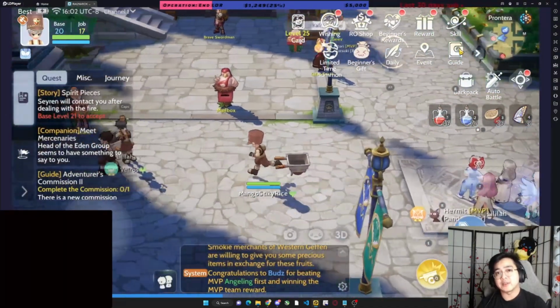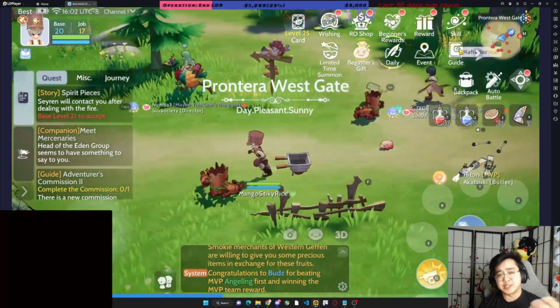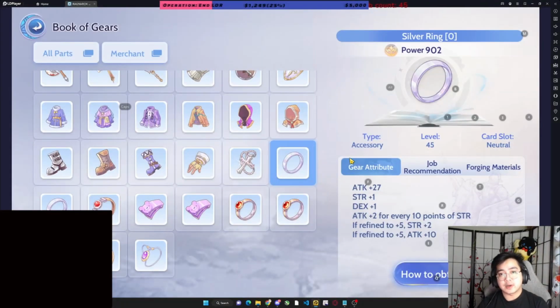And obviously at level 50, you're going to be going for the combat uniform combo as well. You're going to go for combat uniform, ancient cloak, and bunny slippers as well, because 3 luck adds a tiny bit of damage. Now for accessories, early on, you have a good option in Silver Ring, gives you attack plus 2 for every 10 points of strength,